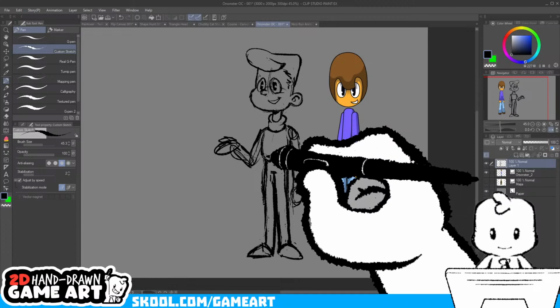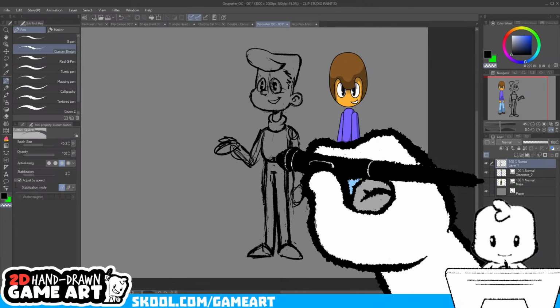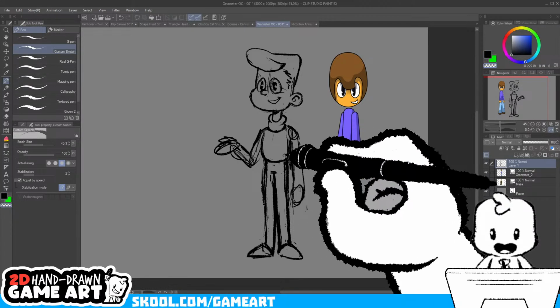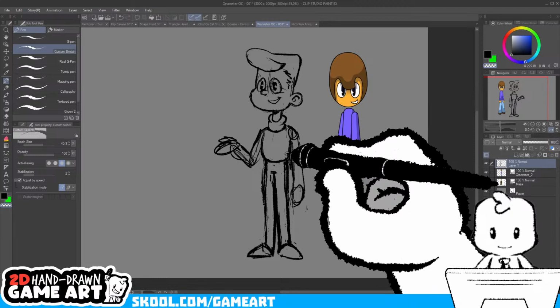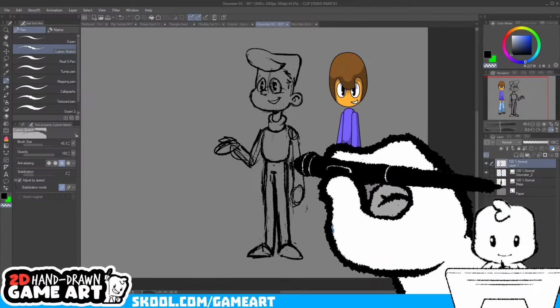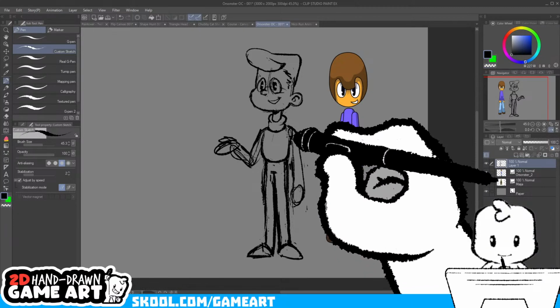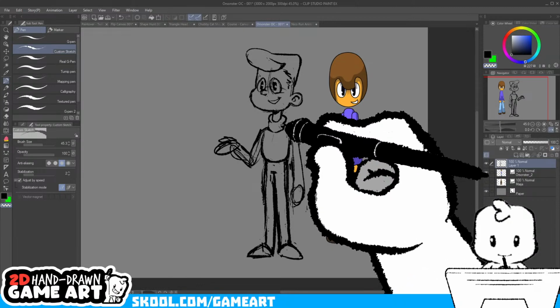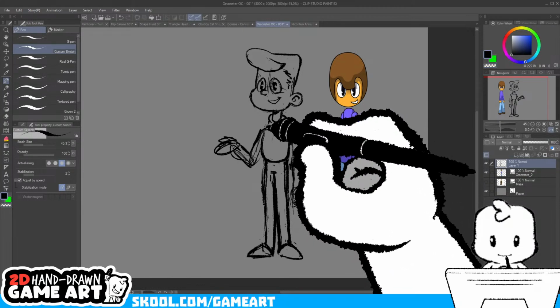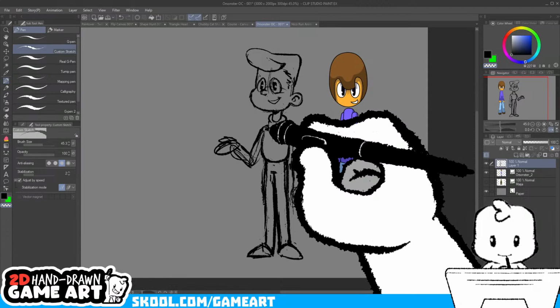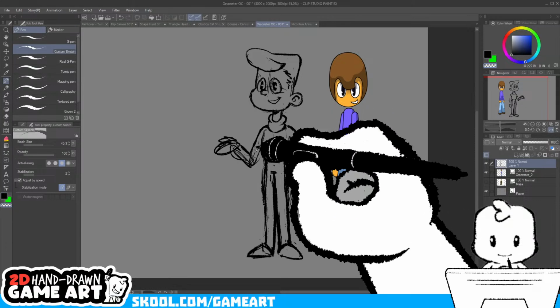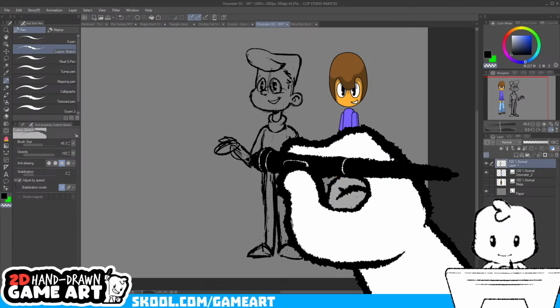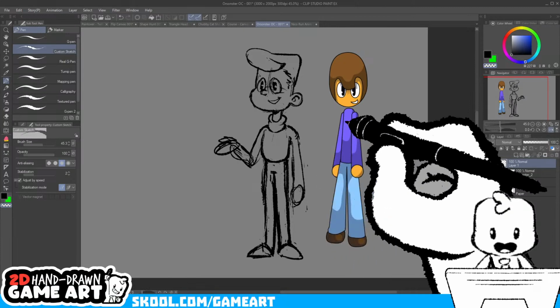I'm going to want to keep the shapes pretty simple here and not add any crazy detail, since the shapes on the original character are also pretty straightforward. I'm going to flip my canvas back.